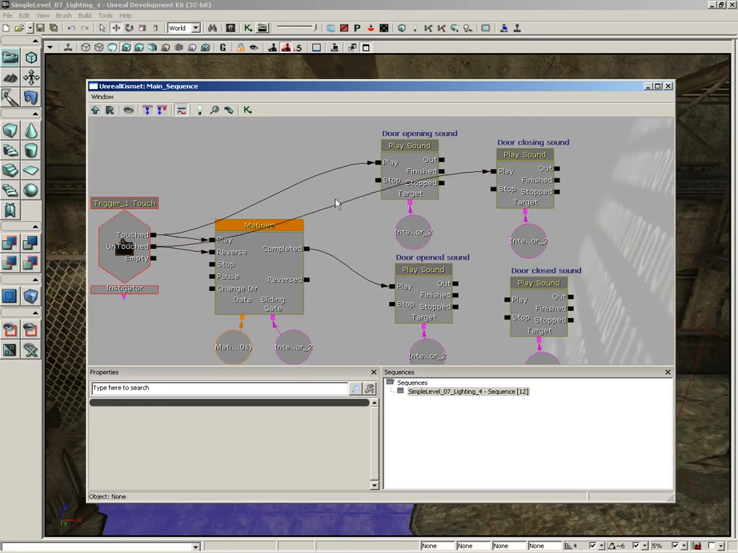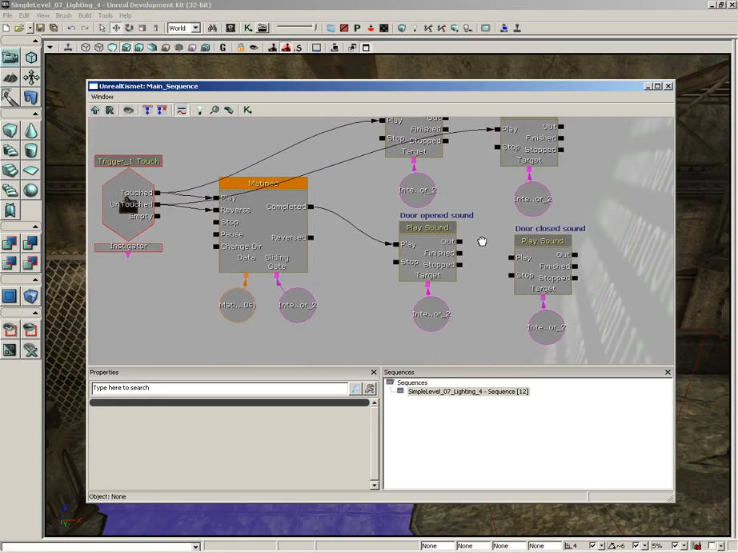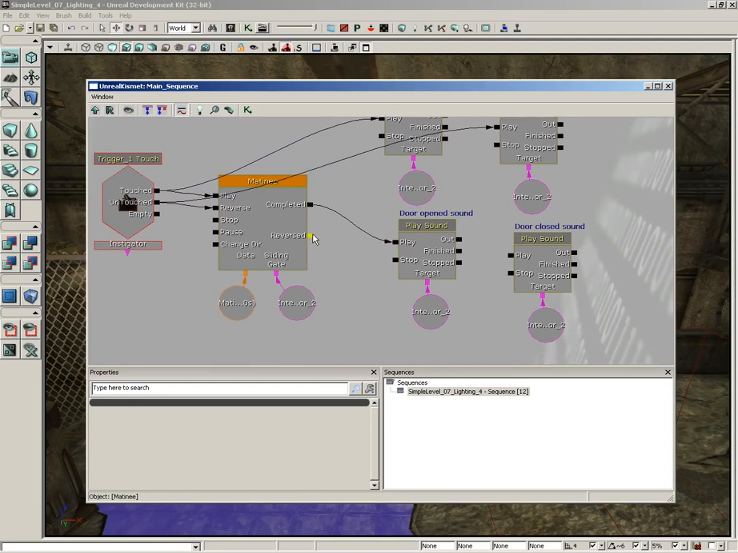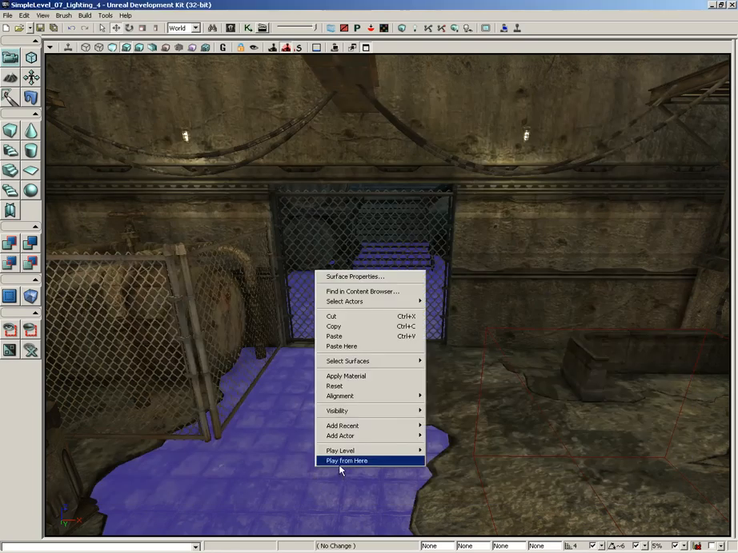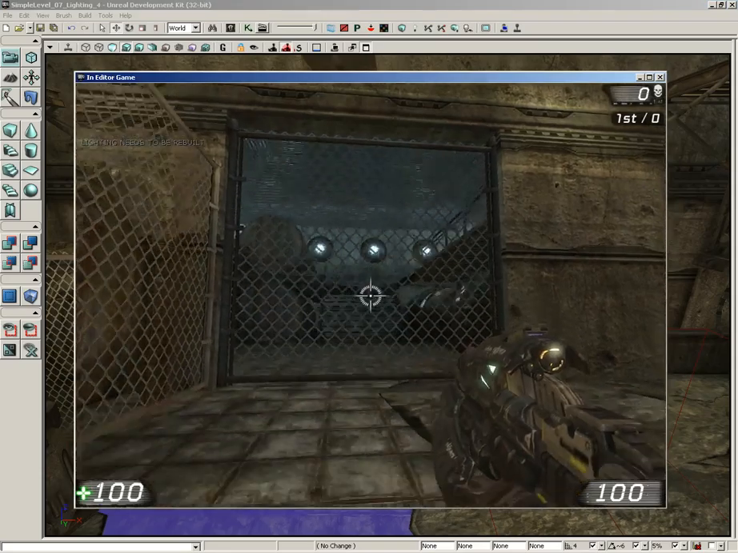And you see how this starts to make our network a little more complicated because we have wires kind of overlapping everything. As soon as playback is completed for playing the animation backwards, the reversed output will be fired off. So we're going to take that and plug that into the door close sound. Now with that, let's go ahead and test this out. I'll right click on the floor, choose play from here, and